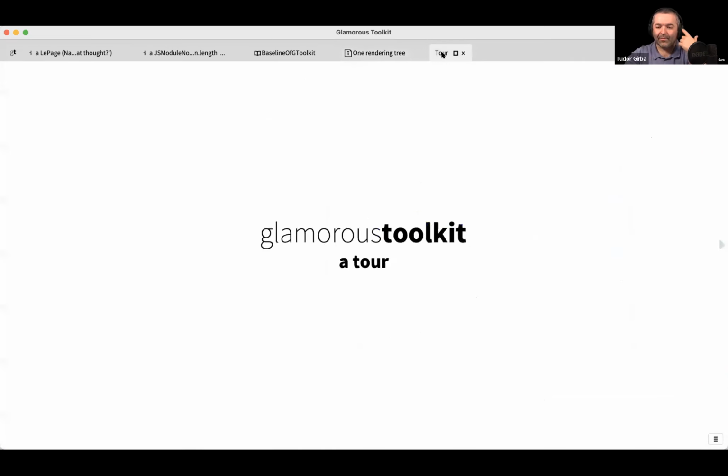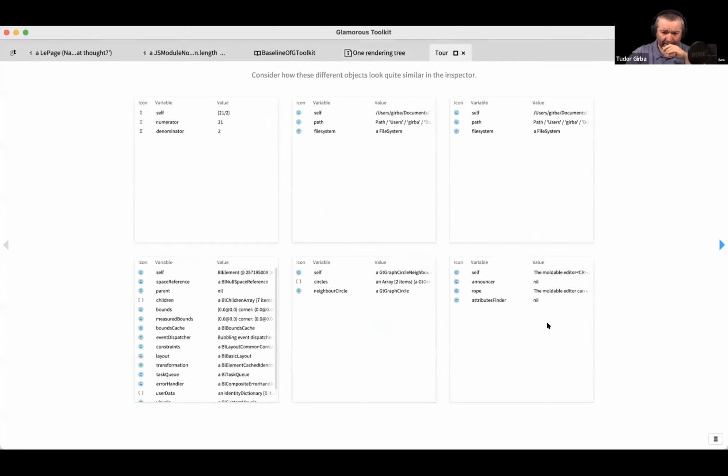Okay, so let's start from, I think that's exciting. So let's start from the first question, which is thoughts on the representation of thoughts. One of the interesting things that we found in this work is if you look at a typical development experience and you take two screenshots of what is on the screen of a developer, and then you go to another developer that is working on another system and you take another screenshot of that one and you put those two screenshots side by side, you can't say which is which because they look the same.